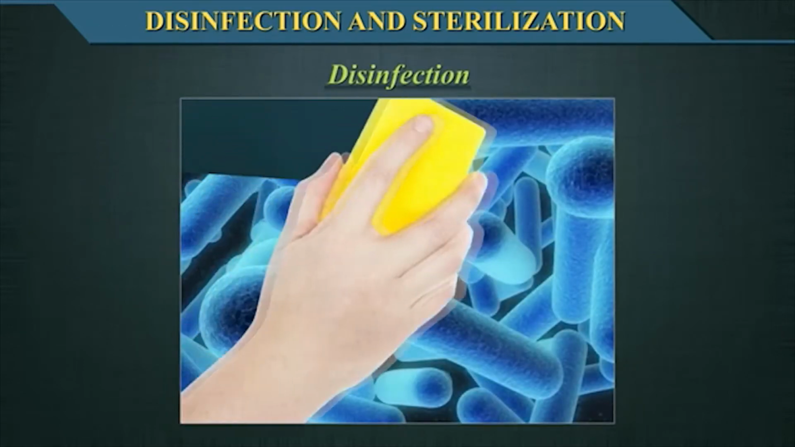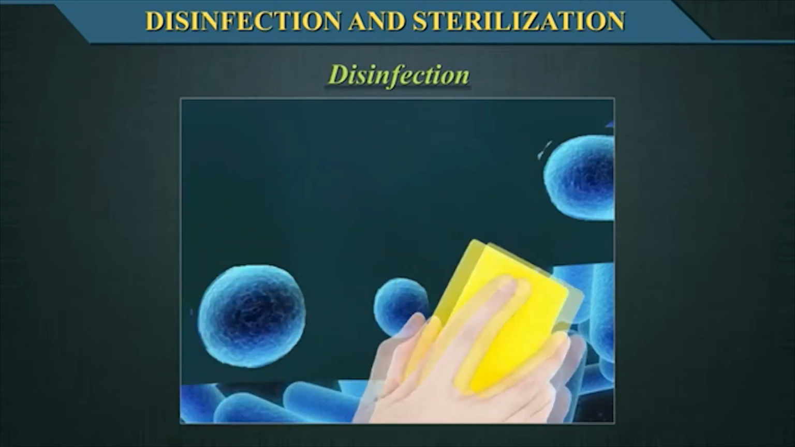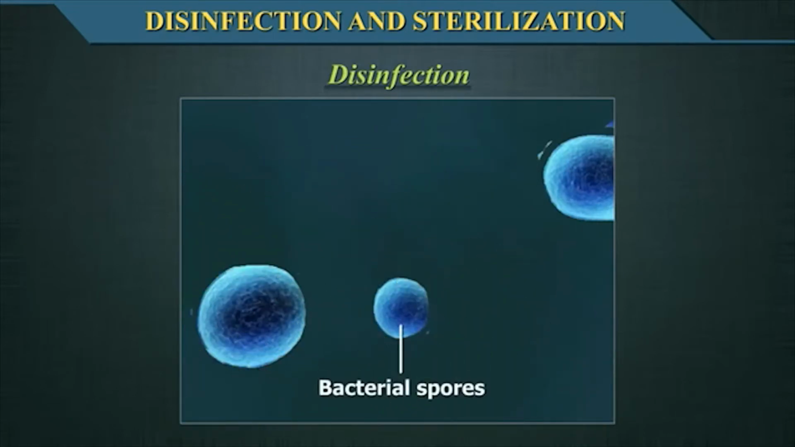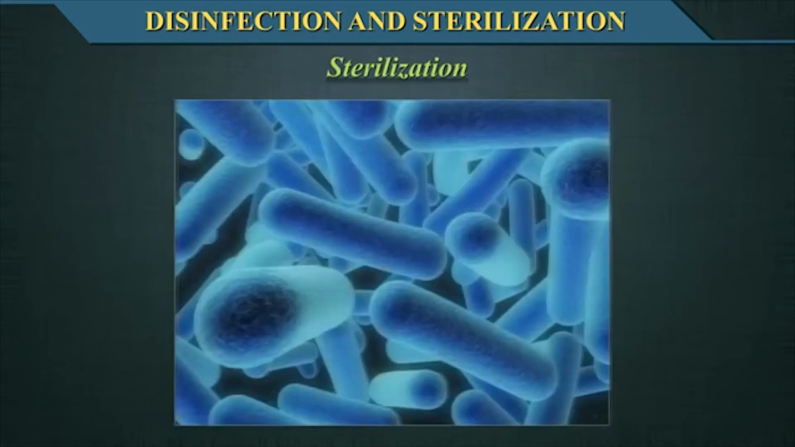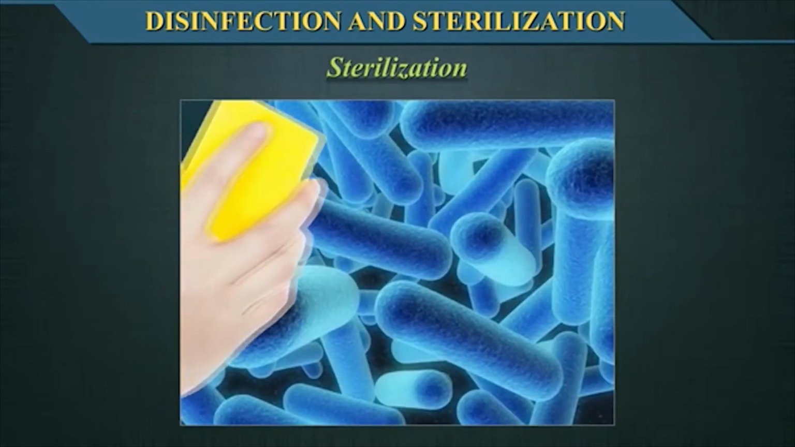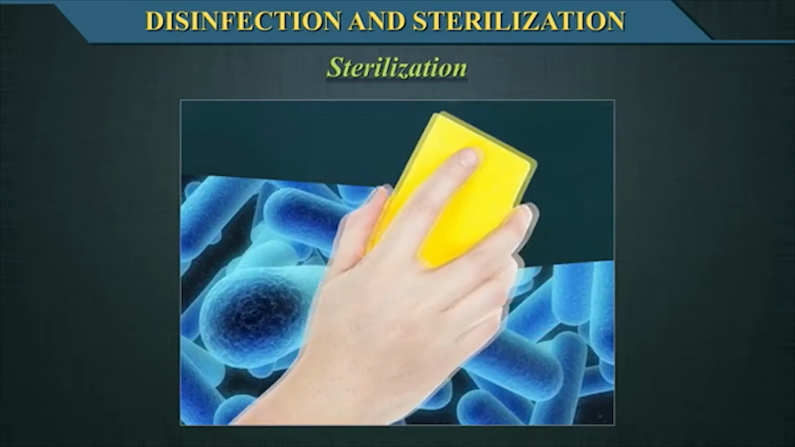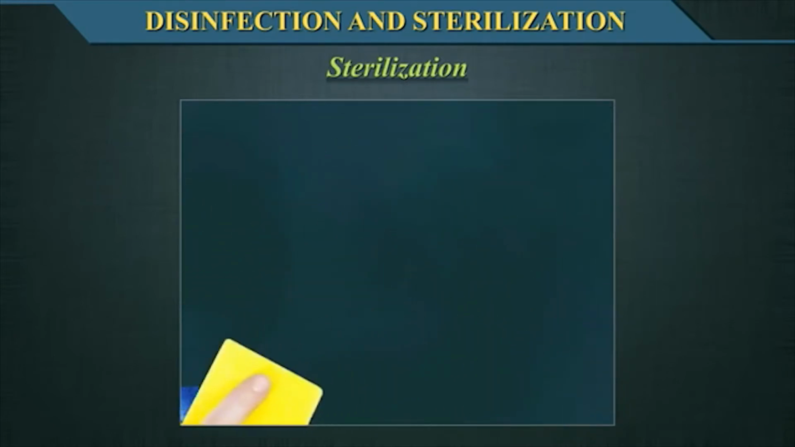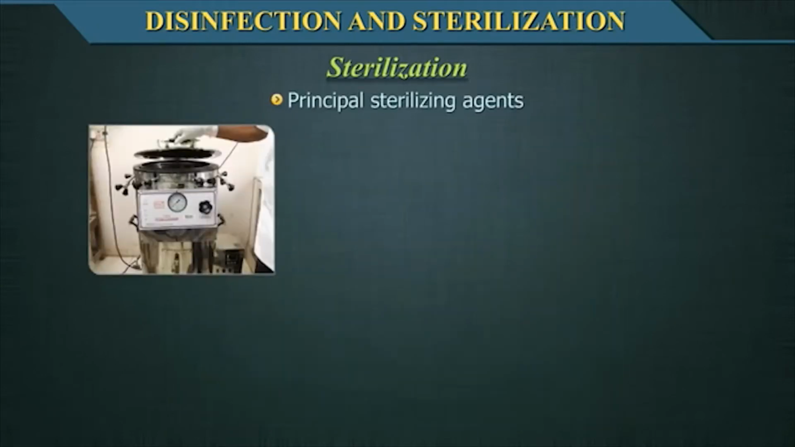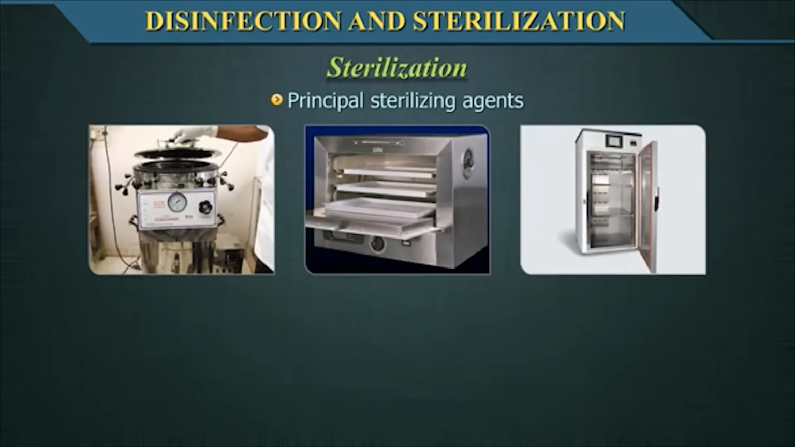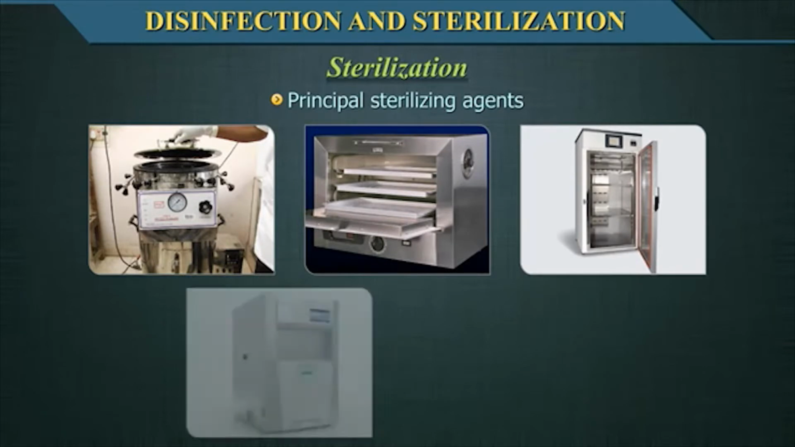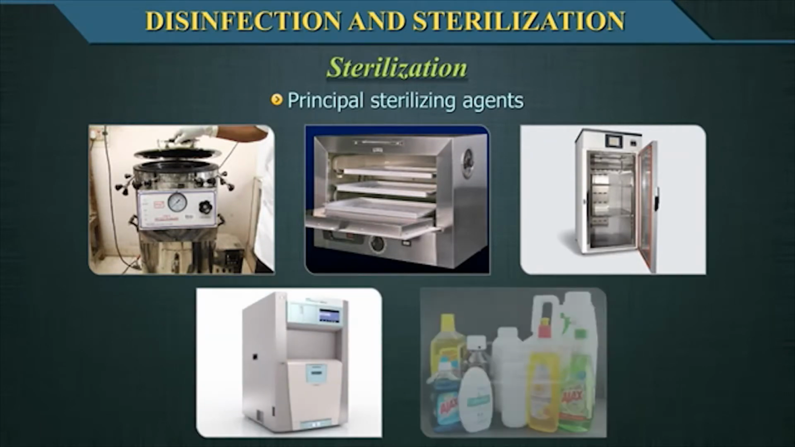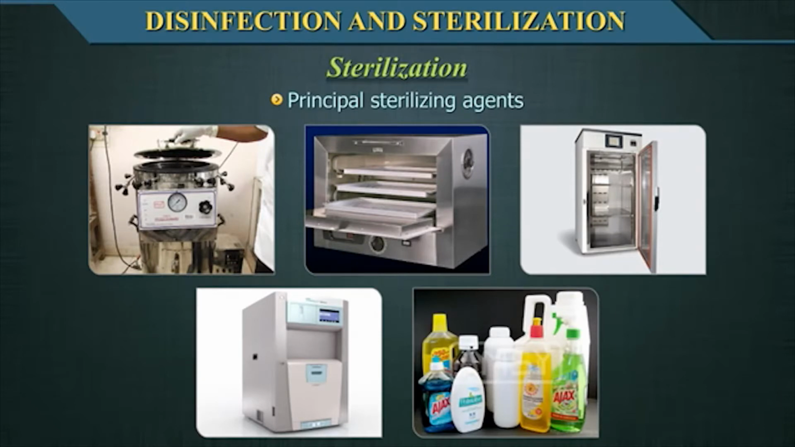Disinfection is a process that eliminates many or all microorganisms on inanimate objects except bacterial spores. Chemical and thermal disinfection are such methods. Sterilization describes a process that destroys or eliminates all forms of microbial life and is carried out in healthcare facilities by physical or chemical methods. Steam under pressure, dry heat, ethylene oxide gas, hydrogen peroxide gas plasma, and liquid chemicals are the principal sterilizing agents